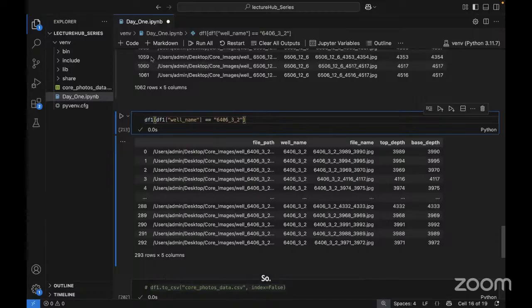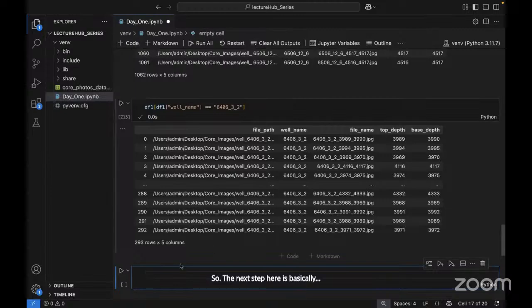The next step here is basically, now that we have these images and we have the depth, we're going to generate a code that basically handles the images. Now, to store this information in databases, what we usually do is basically generate what we